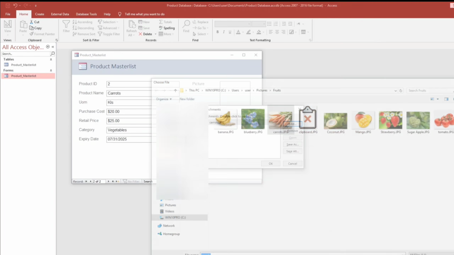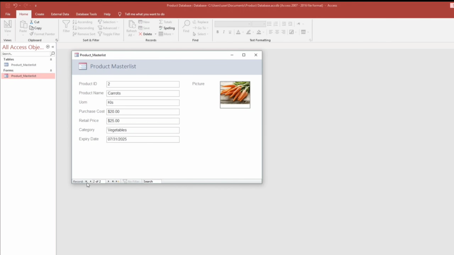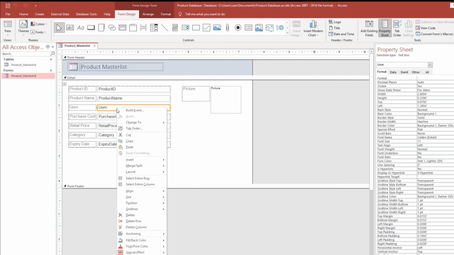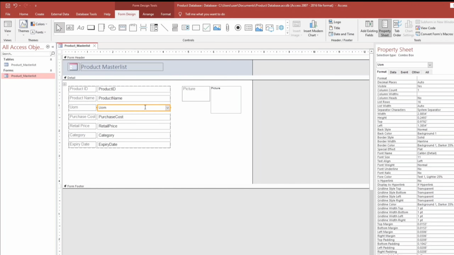Okay, so if we navigate, okay, I will show you how to change this unit of measure. We can change this into a drop down list because it takes time. So to change, go to the design view, then click this, then right click, change to combo box, and then